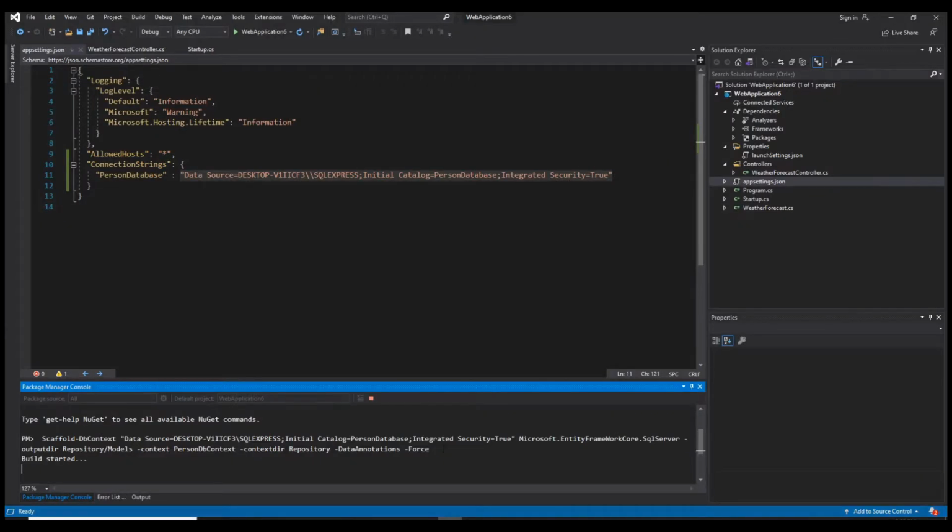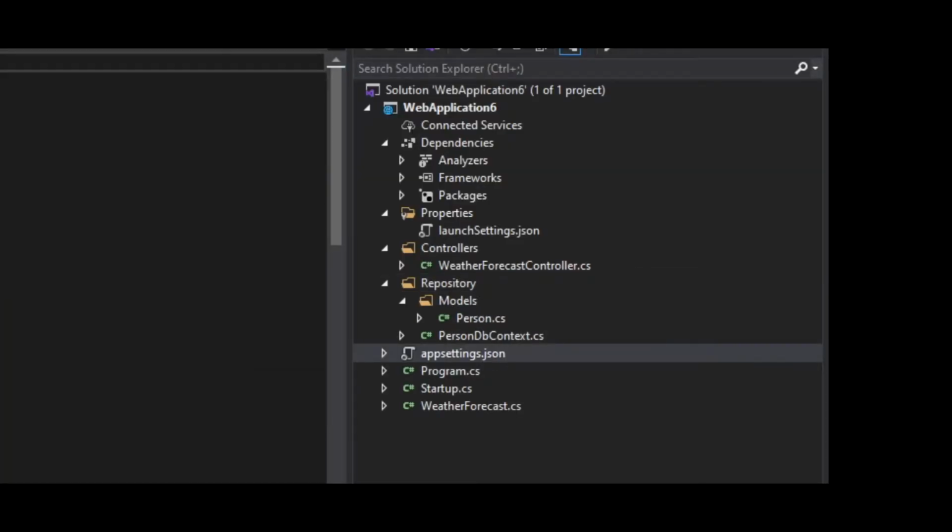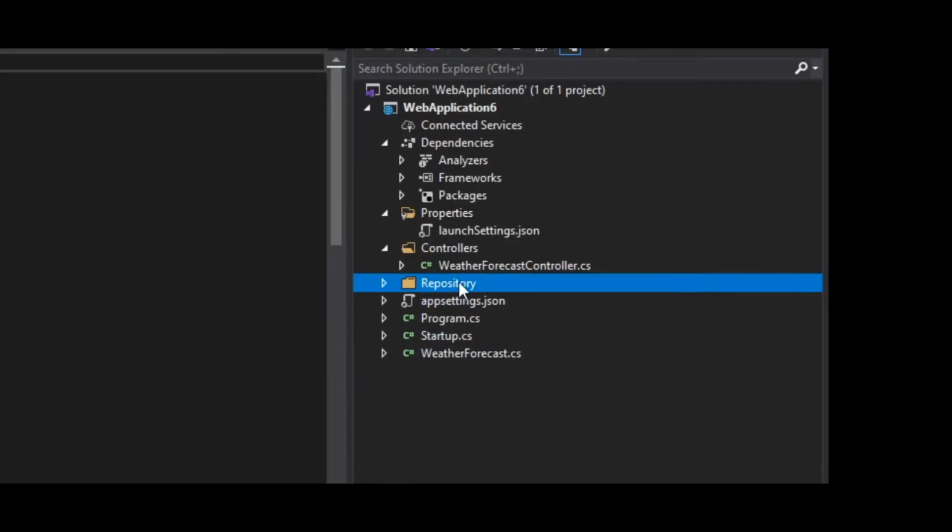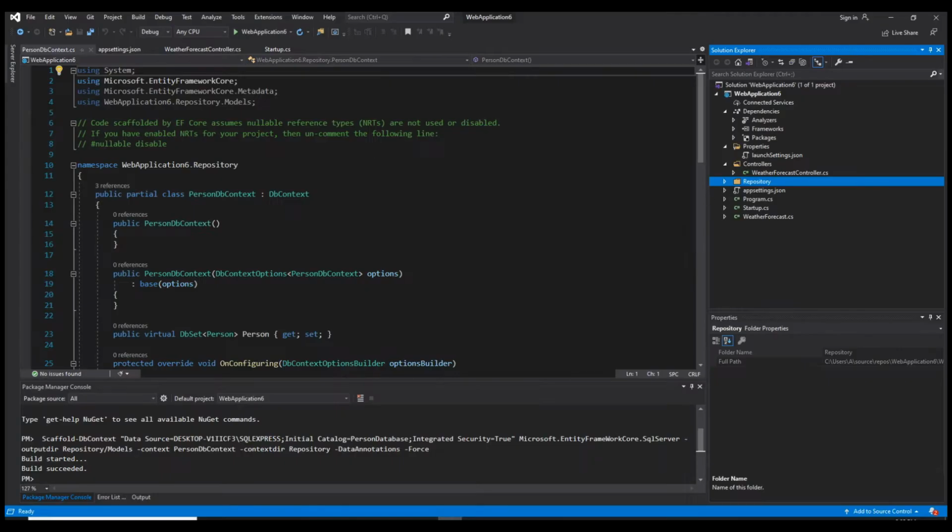Now if we press enter, it will start building, and as you can see, it generated this folder here which is called Repository, because we gave it this name, by the way, here, Repository. And inside of this, if we open it up, we can see that we have a folder called Models with